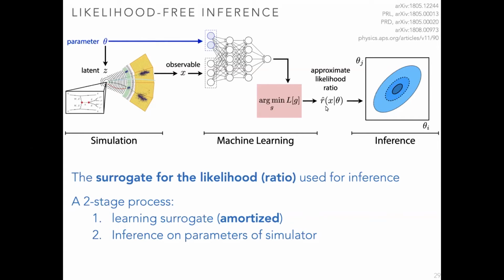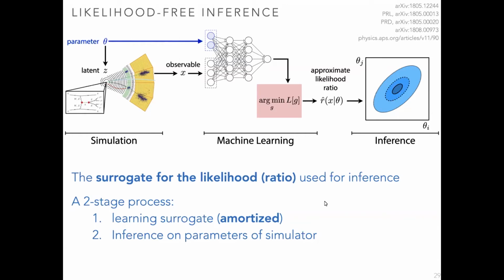So that's the likelihood of the data for this value of the parameter compared to some other reference point. And once you have that likelihood ratio, then you can scan the parameter theta, the input here, and then you can do, for instance, statistical inference. So you can find the best fit point, like the maximum likelihood estimator, but you can also have principled error bars and draw contours and things like this. So this fits more into a scientific workflow where you want to make parameter measurements with calibrated uncertainty